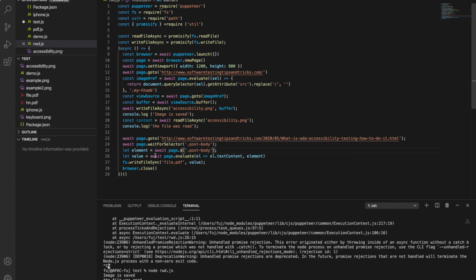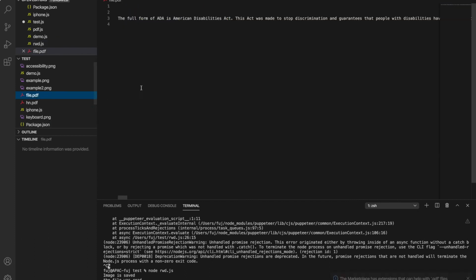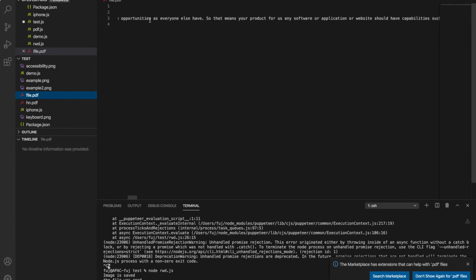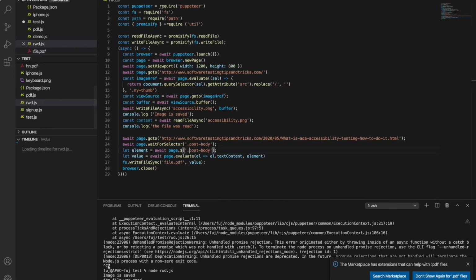Okay, it worked, and we got that file.pdf. See, this PDF file has all the blog post written, but it's not coming in format. Proper formatting you can learn in your homework, or for me also it's homework. But we got that, we wrote the file to that PDF. Now we can again read that file.